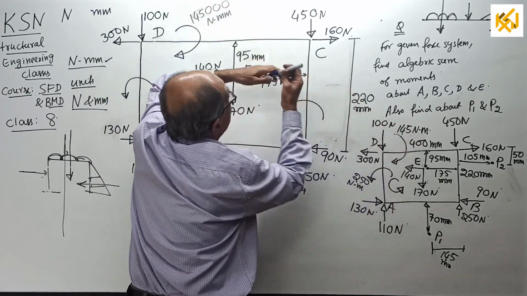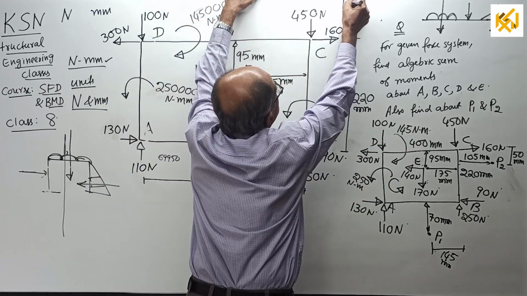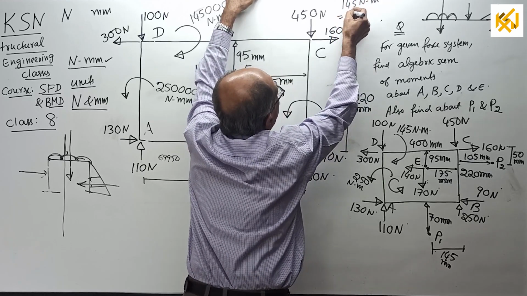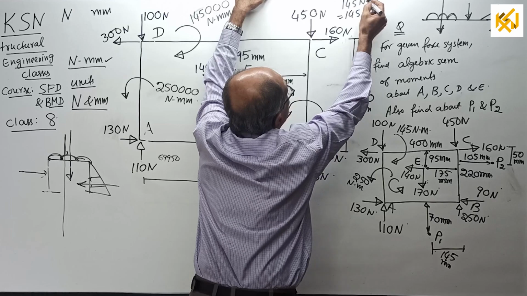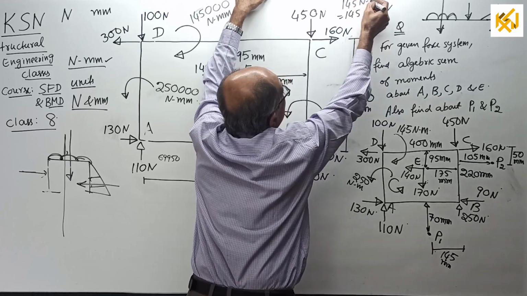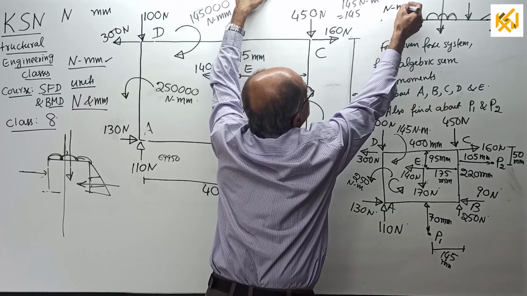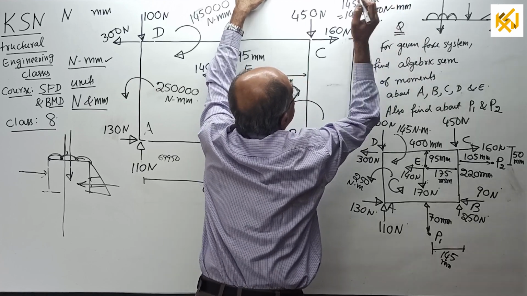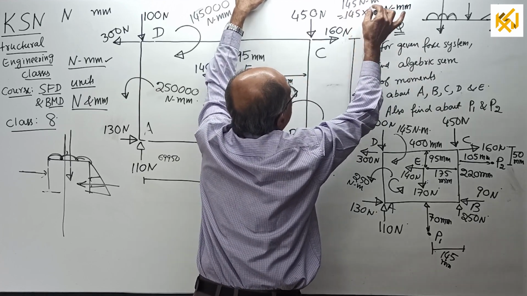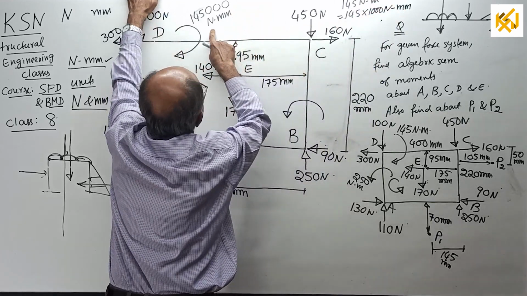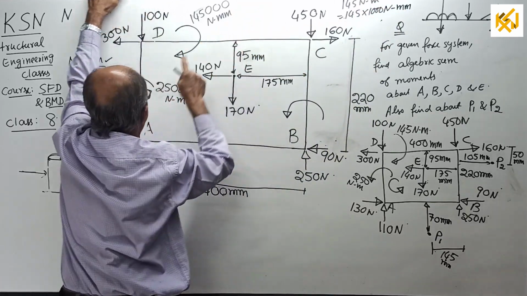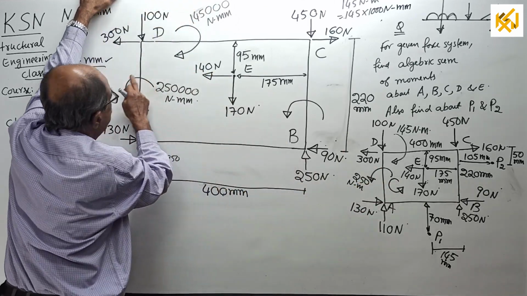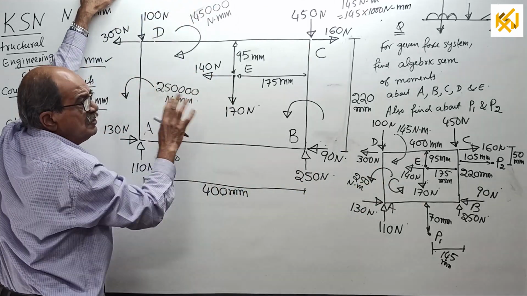145 Newton meter. I will write here. 145 Newton meter equals 145 Newton, I will maintain as it is, and meter I will change to millimeter. So multiply by 1000. Therefore, it will become 145,000 Newton millimeter. I entered the correct unit here. In the same way, 250 Newton meter will be 250 followed by 3 zeros Newton millimeter.